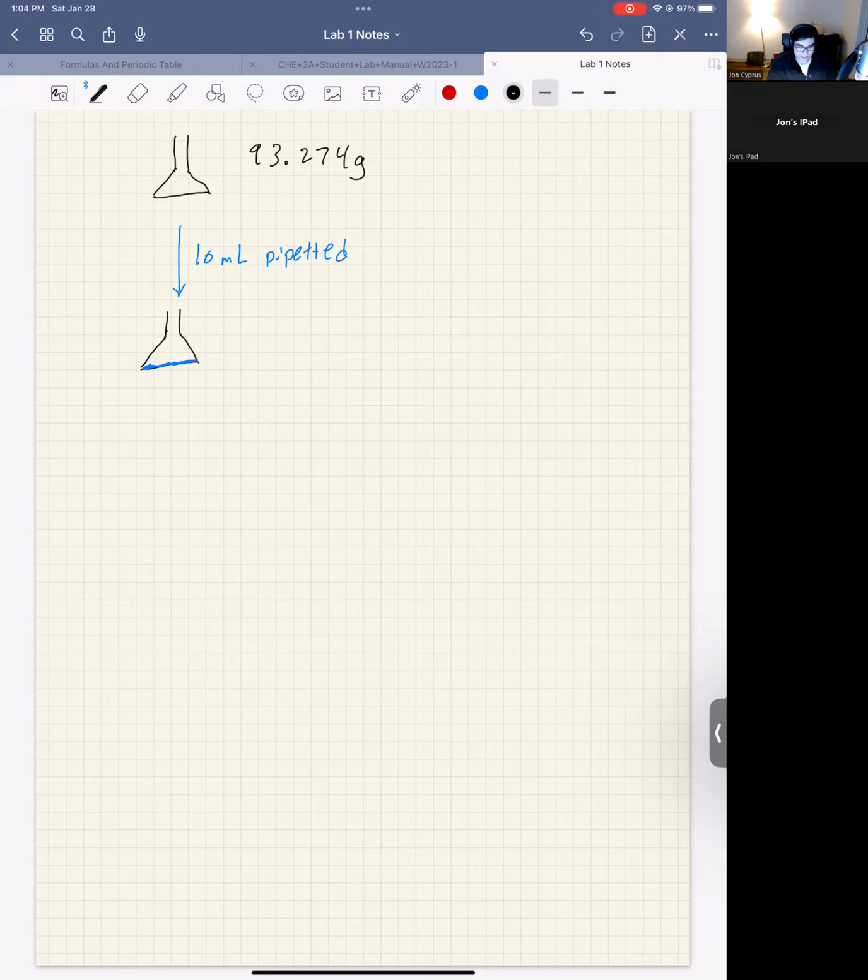So let's say that this mass ends up being 103.164 grams. That's what I measured it to be. Now, to find the mass of water delivered,